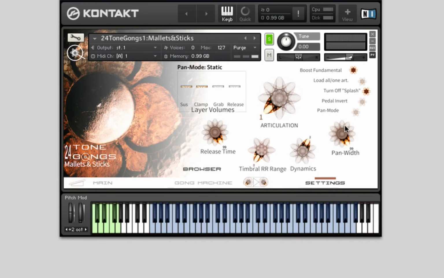The pan width just below that is the actual width of the panning of the statically panned gongs. Let me demonstrate that. So this is without. Now they're all in the middle, stereo, but in the middle. And when you